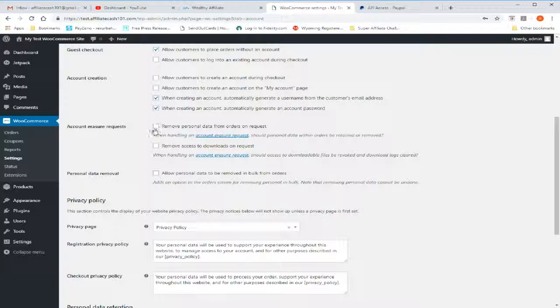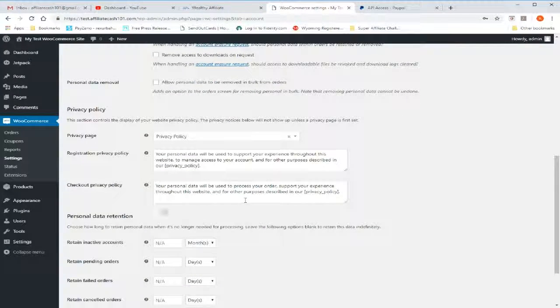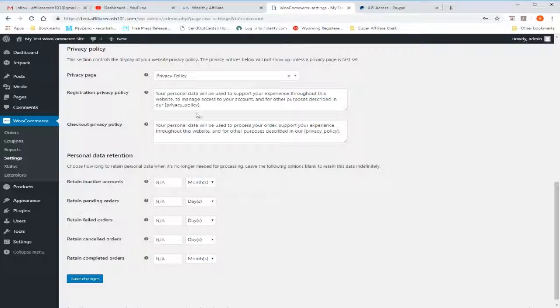These are the options for erasing personal data. You want to be careful with those, because once you erase them, the information is gone. Then, of course, your privacy policy information is here. You can change this to suit your needs on your website. And then